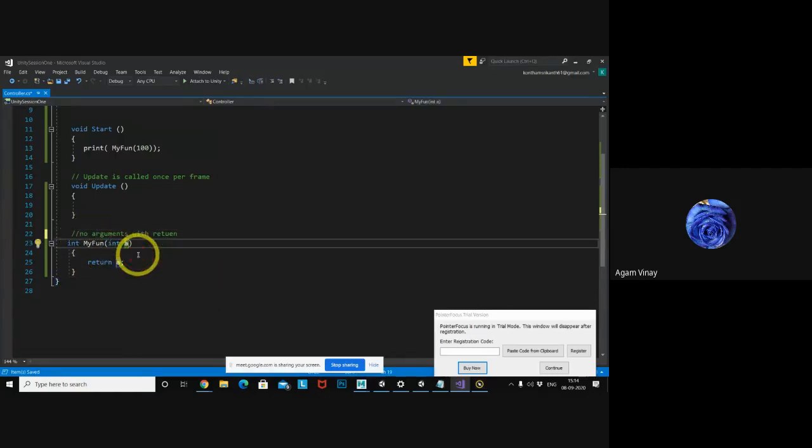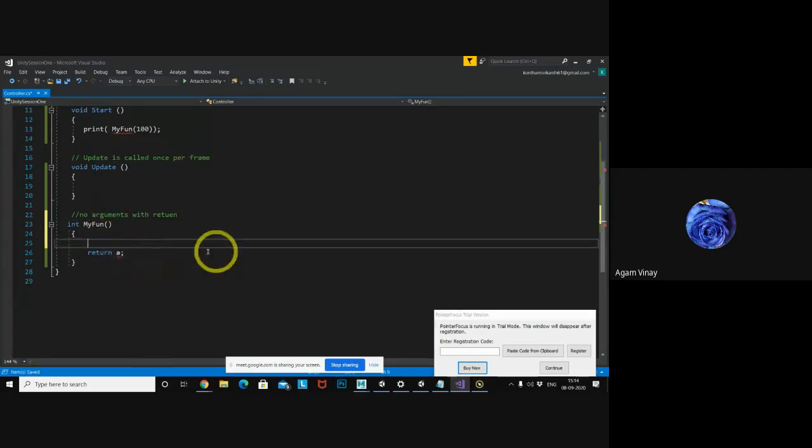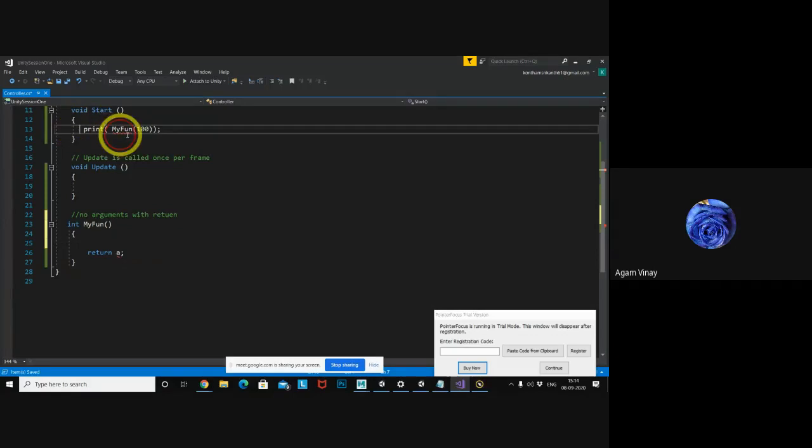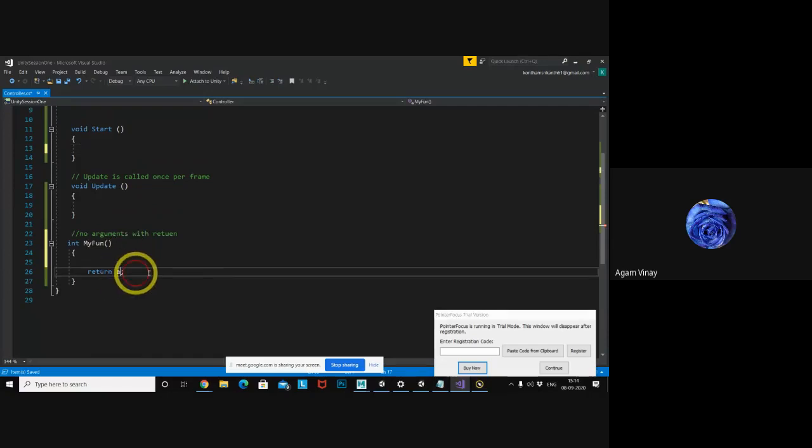No arguments means there won't be anything inside the brackets. Okay. I will remove this one.